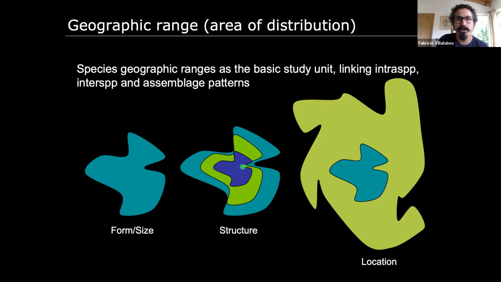Or we can look at the location within a particular geographical gradient or environmental gradient, or the co-occurrence of those species. And we're going to be talking particularly about the structure of geographical ranges. And usually that structure is studied in terms of intrinsic traits of species, like body size or its genetic diversity or abundance, for example, how many individuals you have in different parts of the range of a particular species.